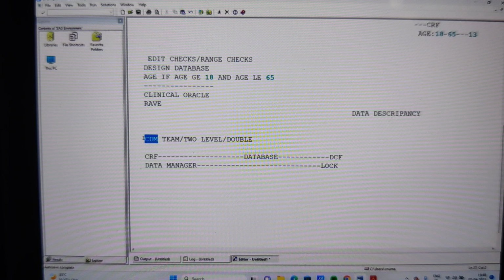After 3 to 4 years, this job is going to get saturated. There will not be much financial or career growth after 3 to 4 years. But nowadays, in countries like the US and UK, CDM is also becoming a good paying job. We can opt for CDM also, but in India, you will not get much income, maybe 25 to 30,000 per month or something like that, by the end of the second or third year. That is CDM.